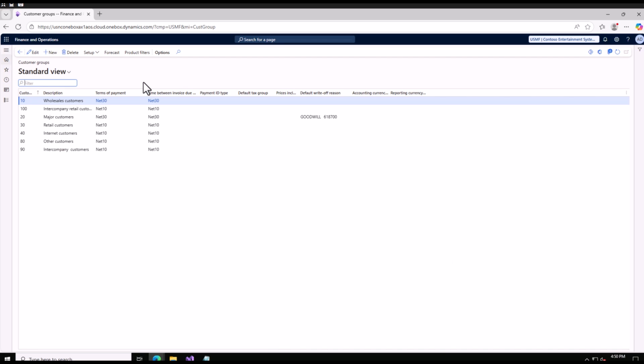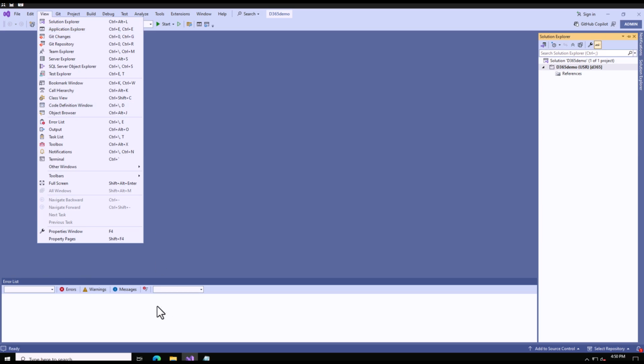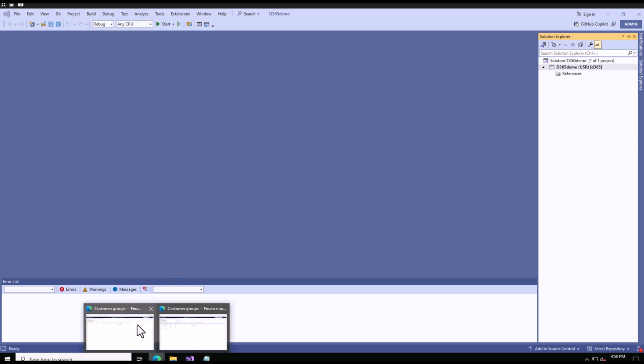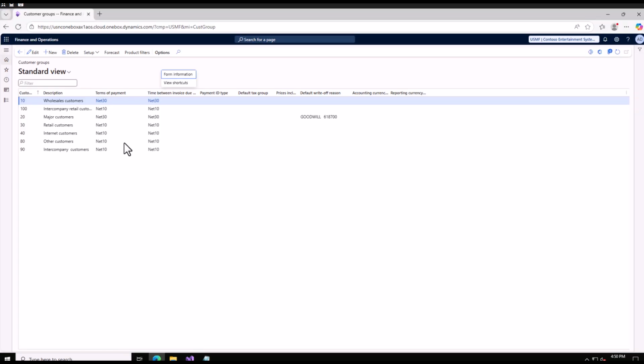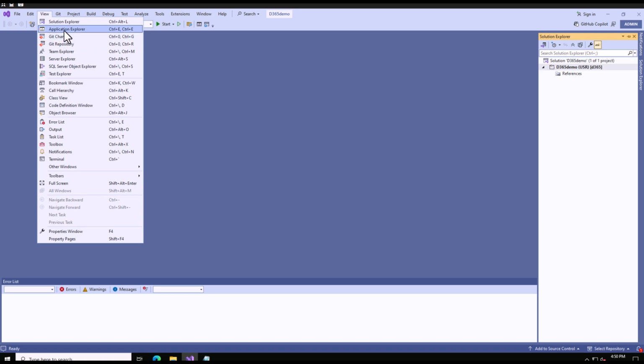Okay. So if you see this particular pattern, this is a simple list pattern. So the form name is customer. So we'll design exactly the similar type of form. So this is an example of a customer group form. Sorry, a simple list form. So for that,